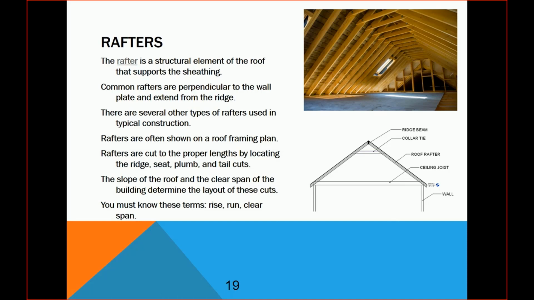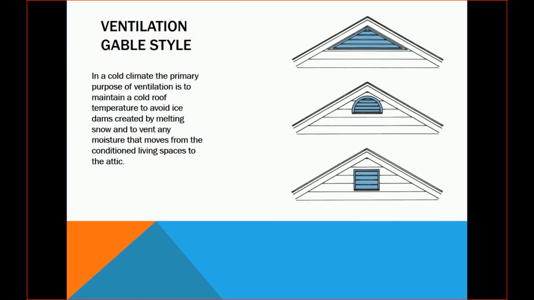The slope of the roof and the clear span of the building determine the layout of these cuts, and you need to still know the terms rise, run, and clear span. Typically, we like to ventilate our roofs. A lot of times you're going to see some kind of a vent, sometimes in the end of a gable. Those aren't always there for actual ventilation. A lot of times those are just fake vents to add decoration to the house, but we do need to